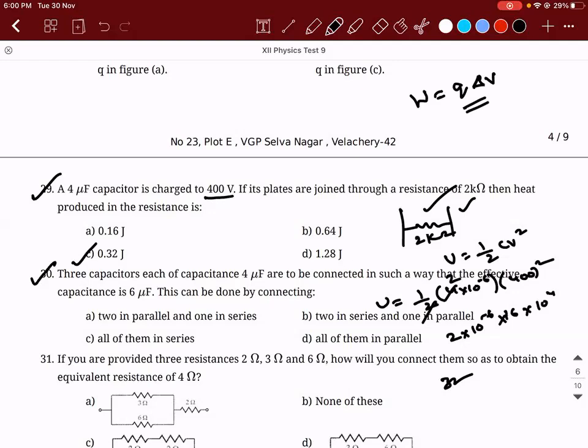Okay. So generally, whenever you see the word heat, heat means I square RT. But remember, capacitor will not allow direct current to pass through it. So whenever this kind of a question comes, remember, they will indirectly ask you to calculate the energy stored in a capacitor. So there's a good problem. I suggest you guys to practice it again.